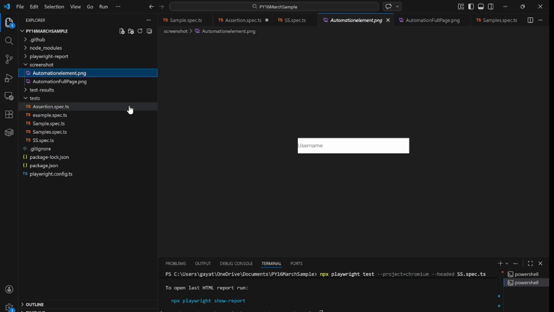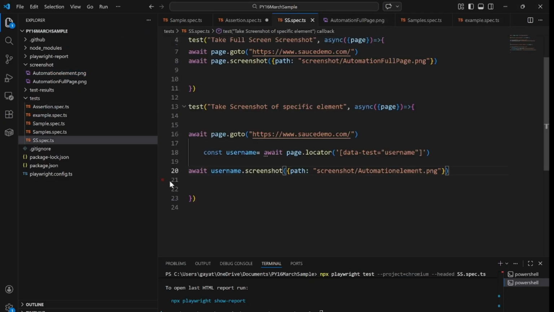So for the same, I have to go to my script, and first fill in the details like a form, the username and password, and perform the click action. Then you can provide the path of that error message here to capture the screenshot. This will help you a lot at the time of debugging. In the next session we will see how you can capture the screenshot for failed test cases.